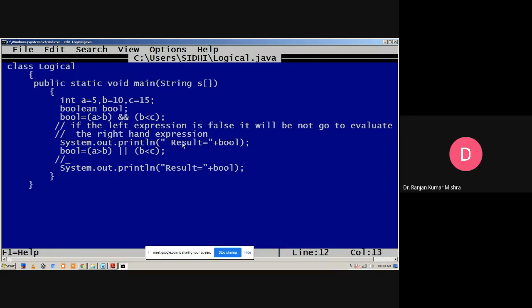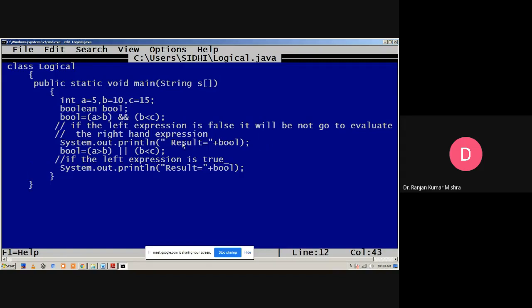Same as the logical OR, suppose the left expression is true.